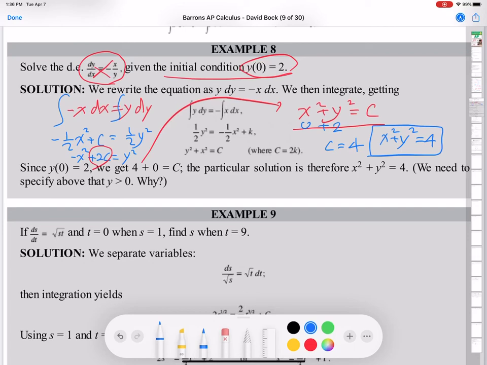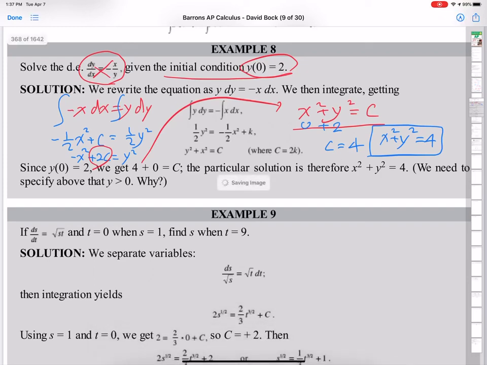Okay, keep solving the next example problem. Example 9. ds over,